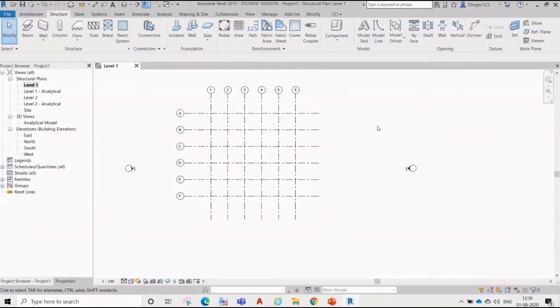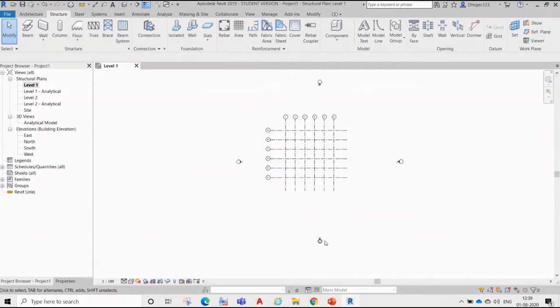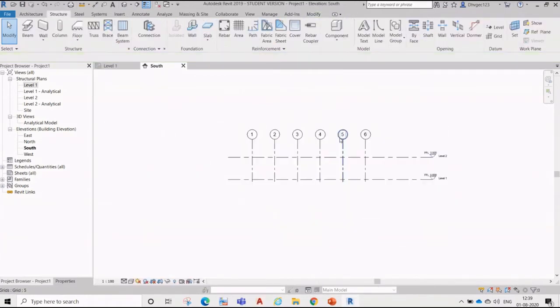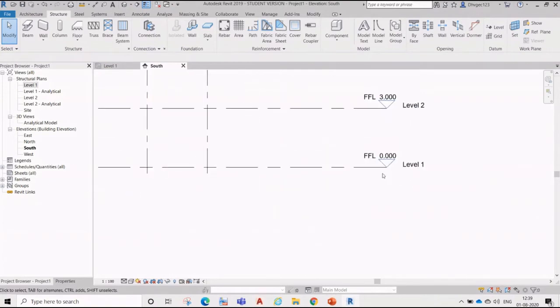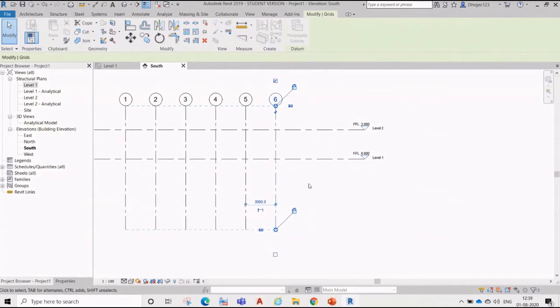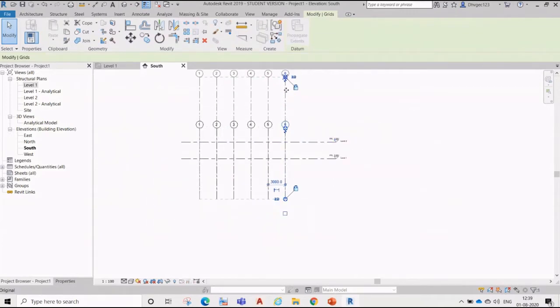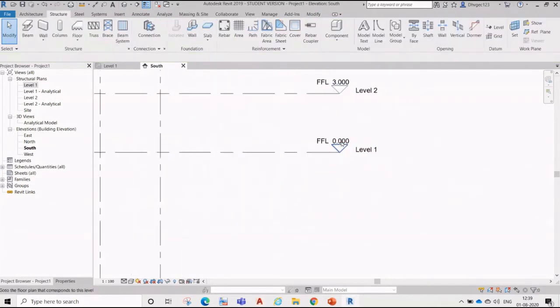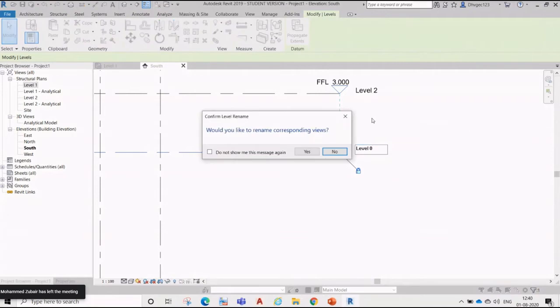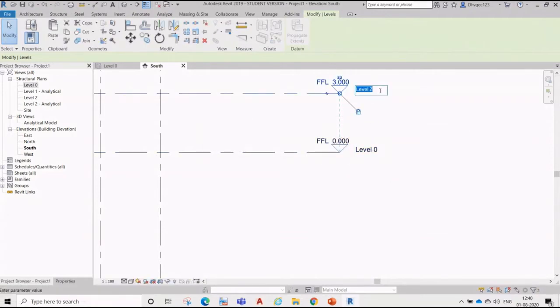Okay. Then what do we need to do? We need to create elevation, floor levels. Okay. So go to view. Then you will see there are two floors. One is zero, and we can just extend this 3D one from here. So we have a ground floor, which is level zero. Then make it first.